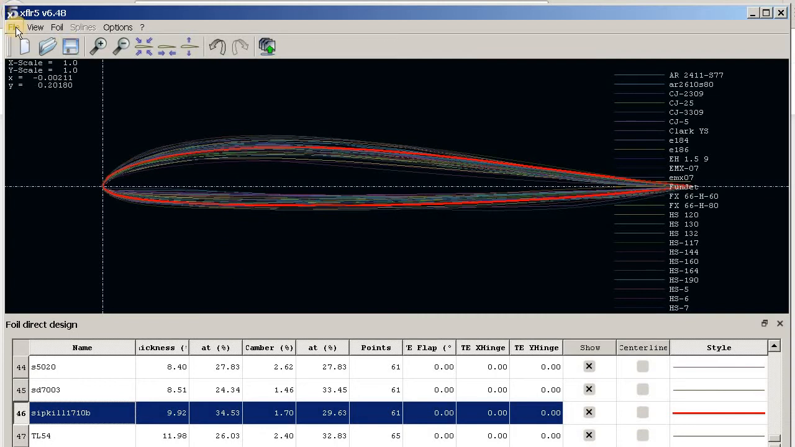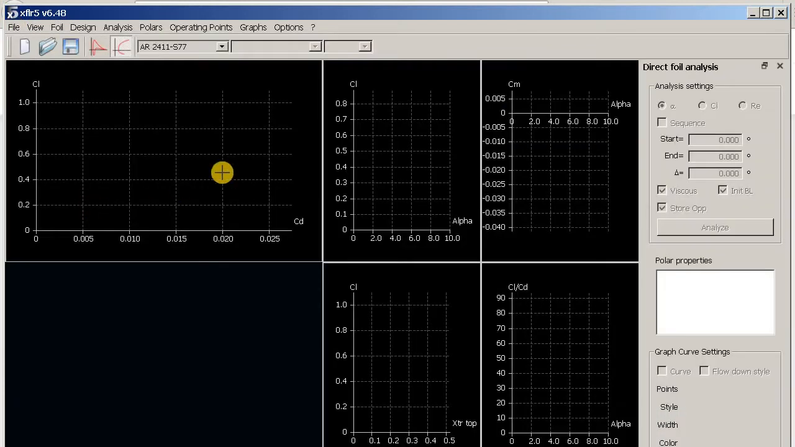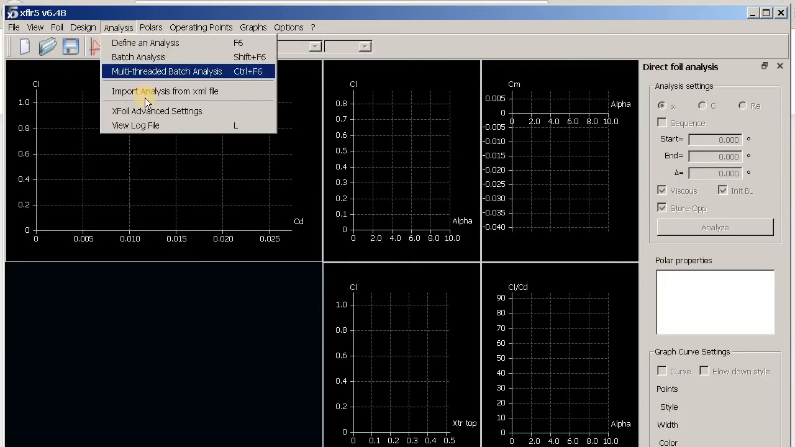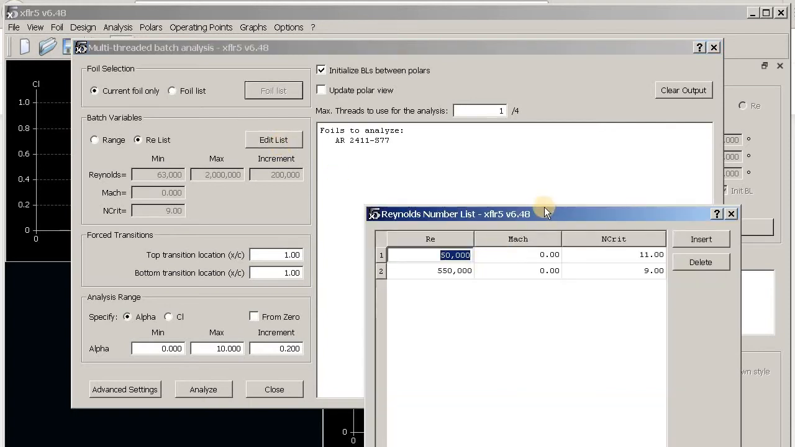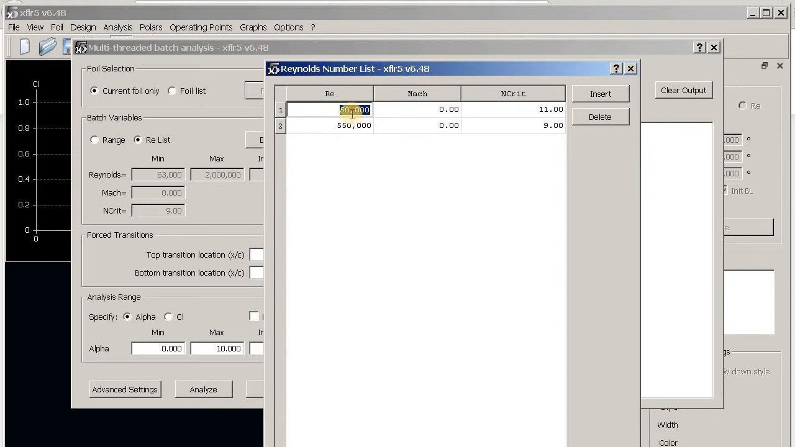Now we're ready for the simulation. We go to the Xfoil direct analysis, and then we choose analysis and multi-threaded batch analysis. Select this option. Edit Reynolds number, so I have done this previously. What we have here is two Reynolds numbers, 50,000 for low speed and 550,000 for high speed. One thing to notice is that we have to use a higher critical number for the low Reynolds number, because we have seen this from the practice in the previous video when I was using